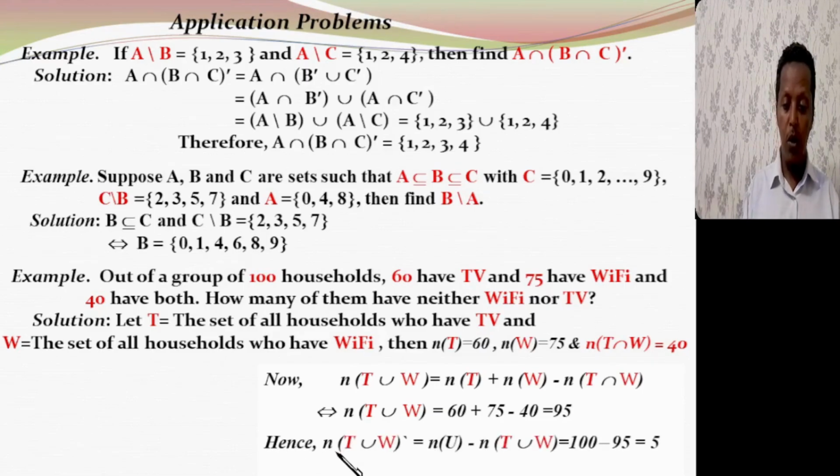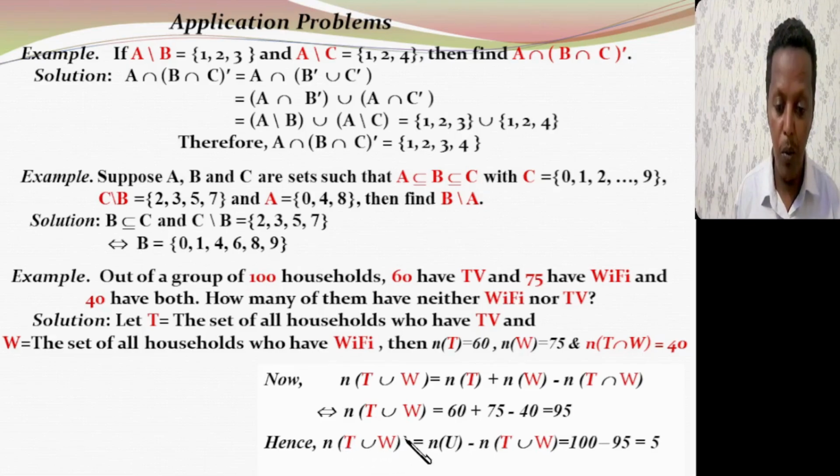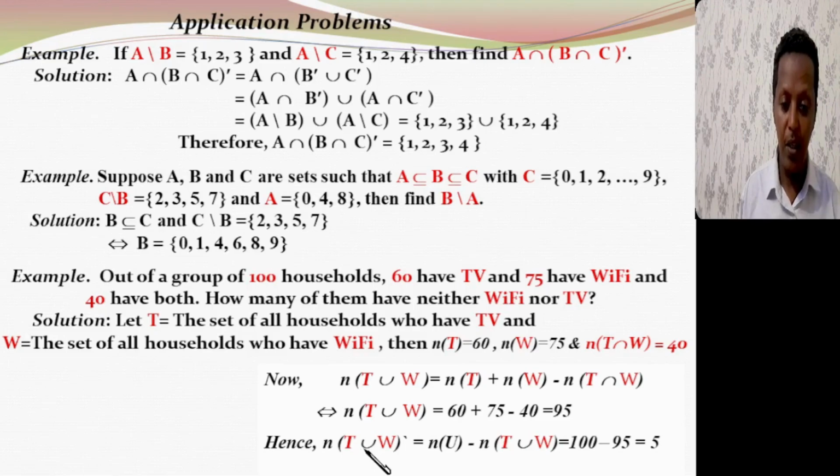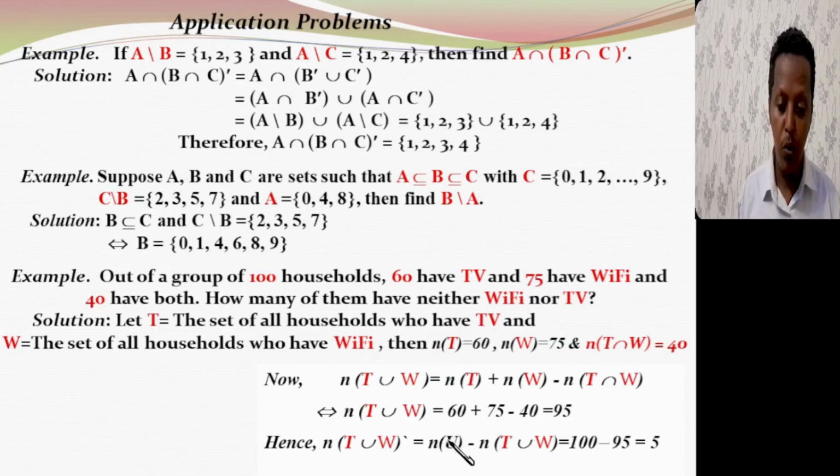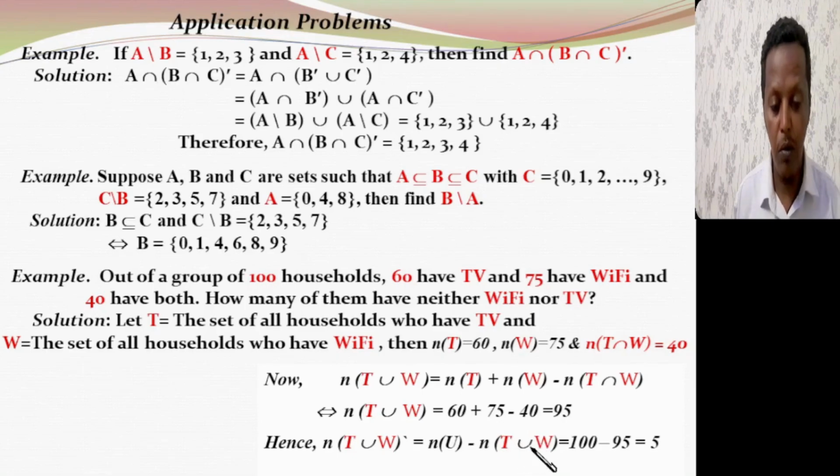Based on the formula, the number of elements of (T union W) complement, meaning households that have neither Wi-Fi nor TV, is equal to the total number of households, 100, minus those households having TV or Wi-Fi, 95. So 100 minus 95 is